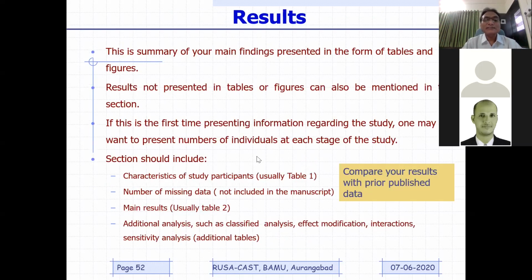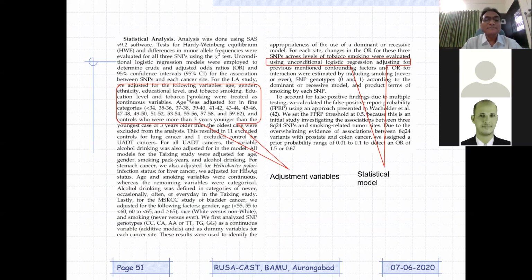In this example I tried to mention, you can see here, these are the variables, because whenever you are doing statistical analysis with some tools, you need to do some adjustment of variables. So what kind of adjustment you have done, you need to mention. What kind of statistical models you have used, right? Let us say here it is mentioned as a regression adjusting model. What kind of models you have used, you need to mention in your